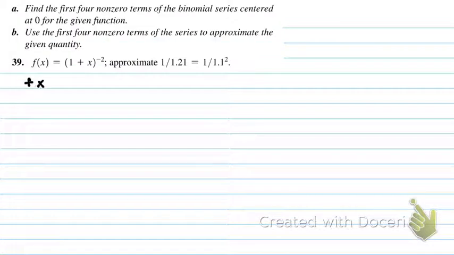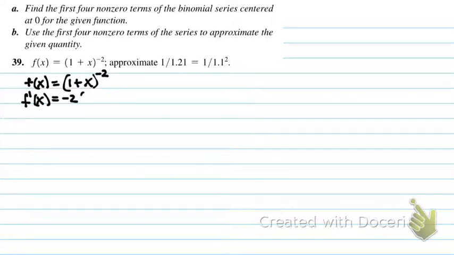There's got to be a legitimate way to approximate things to greater accuracy than guessing. What they want us to do is find the first four non-zero terms of the binomial series centered at 0 given the function, and use those first four non-zero terms to approximate the given quantity. So when we're looking for Taylor's series for this binomial series centered at 0, I guess it's a Maclaurin then,